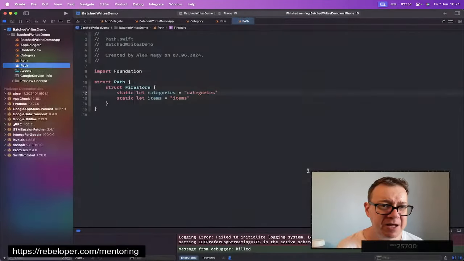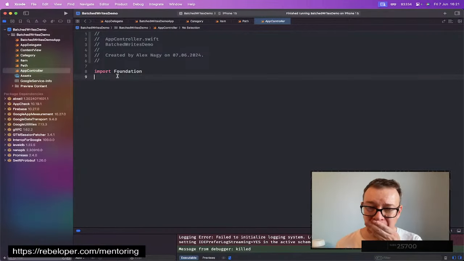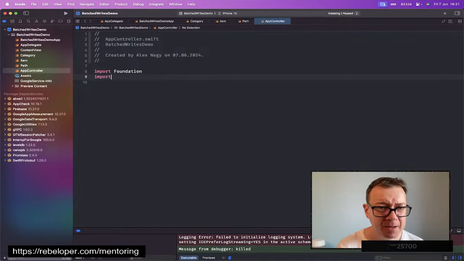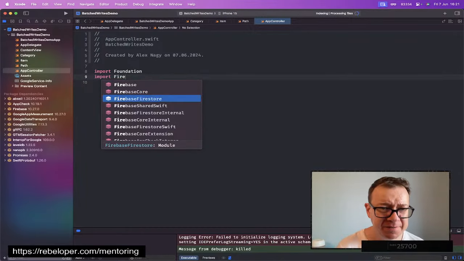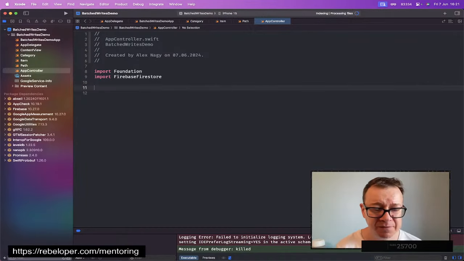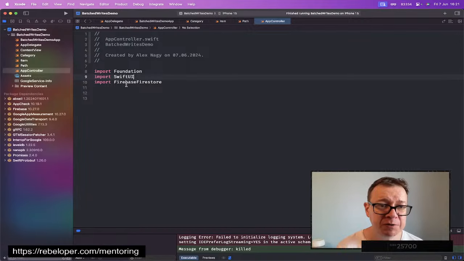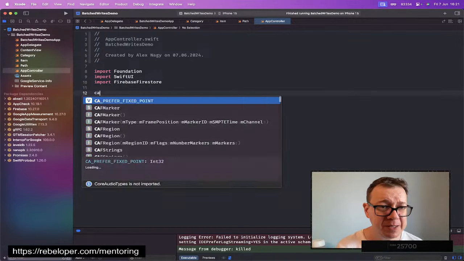There we go. Let's create that. And right over here, let's import Firebase Firestore. Yeah, I think that will be just fine for now. Oh, and also let's import SwiftUI, of course. Why do we need to import SwiftUI? Well, because this will be an